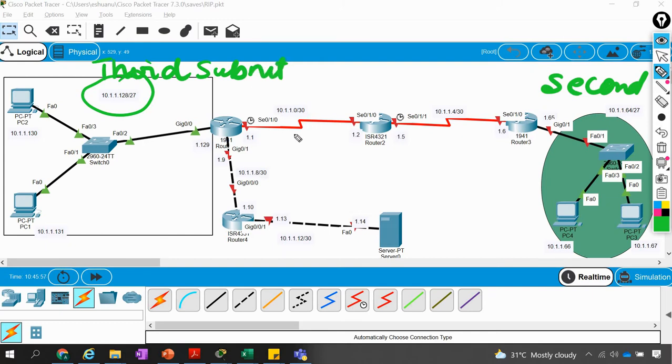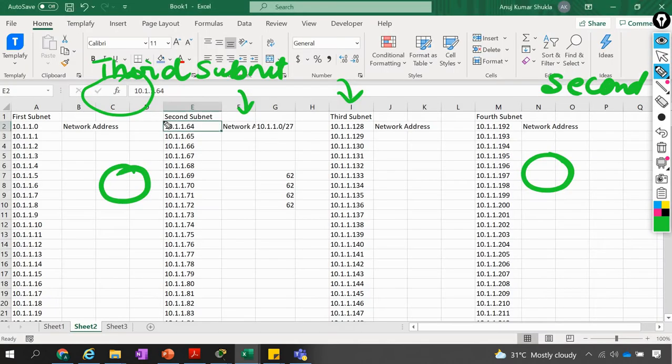So now the maximum part is covered, because the networks with the maximum usable IP addresses are these. But here we have just 2 IP addresses. So for that purpose, I am using the last one, the first network.